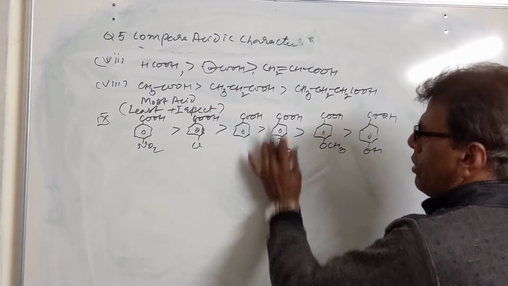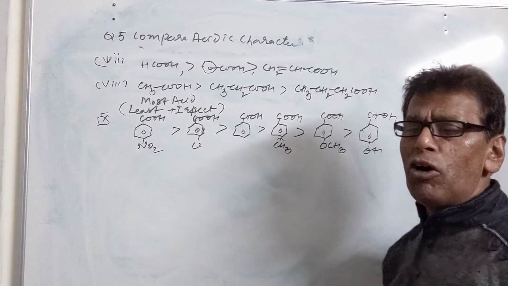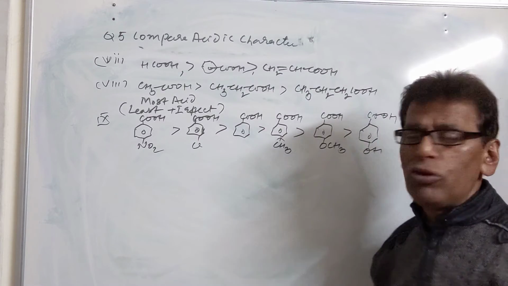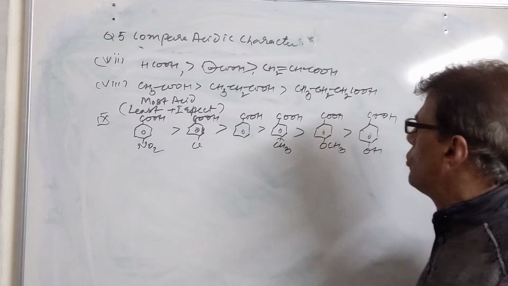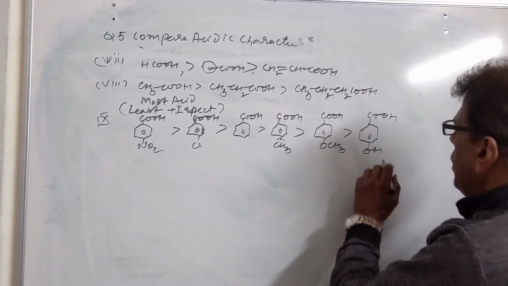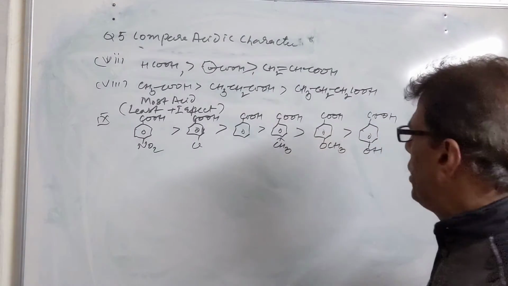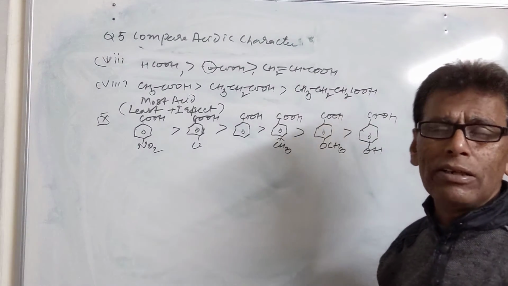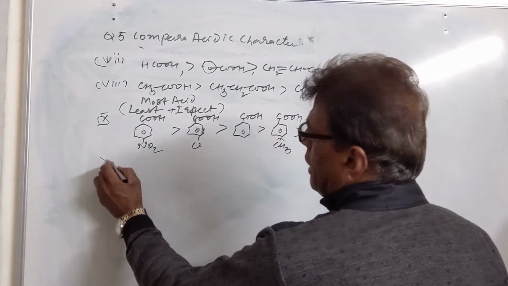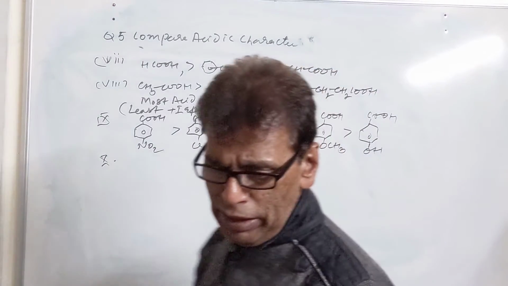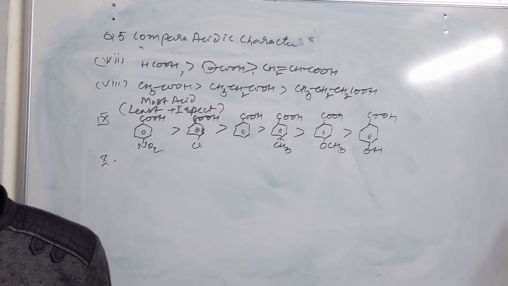Now methyl is an electron repelling group, that's why it decreases the polarity of the COOH bond, making the loss of proton a difficult process. Methoxy is again an electron repelling group here, so again decreasing the polarity. OH will also decrease the polarity of the OH bond by supplying electron to the benzene ring as well as to the carboxylic group. So this is the order of acidic character: nitro, chloro, methyl, methoxy and hydroxy in the group.